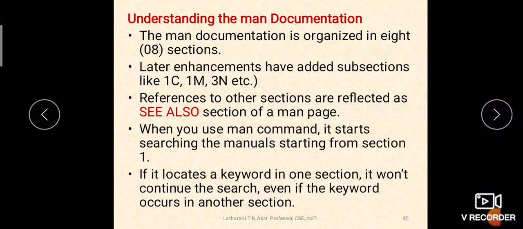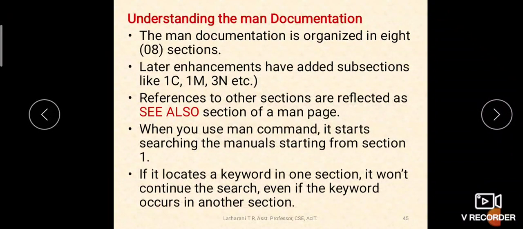See, sometimes there are chances that the command which is there in one section may also be present in other section, because it is satisfying that section's requirement also. So, some command may be present in 2 or more sections, okay. So, in that case, if it is starting from section 1 and it finds that command is available in section 1, then man will not search for other sections, section 2, section 3 up to section 8, it will not search, because it has already found it in section 1.